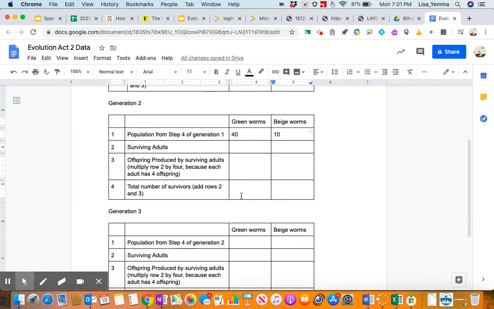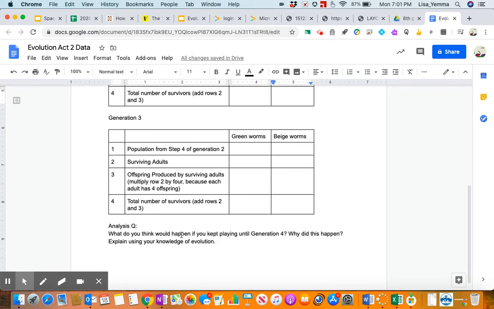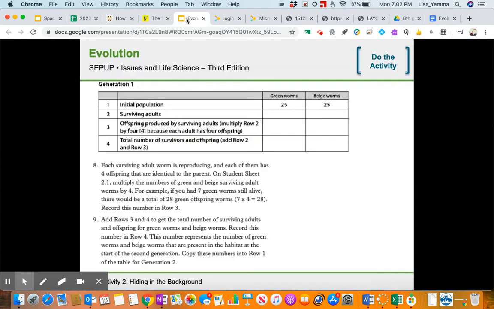Once you've completed your calculations for Generation 2, you can do the surviving here and for Generation 3 and talk to me about what you think is going to happen with the analysis question. And I'll change this to Generation 3. All right. Back to our